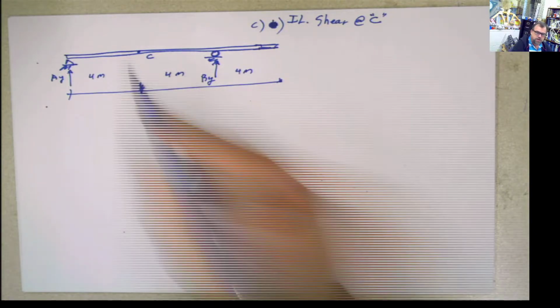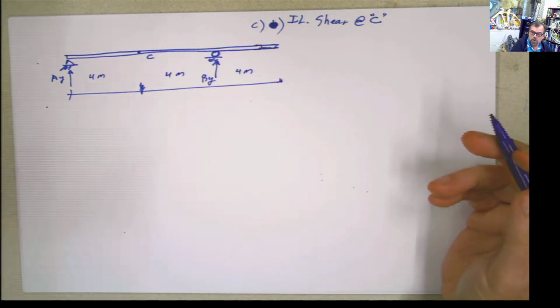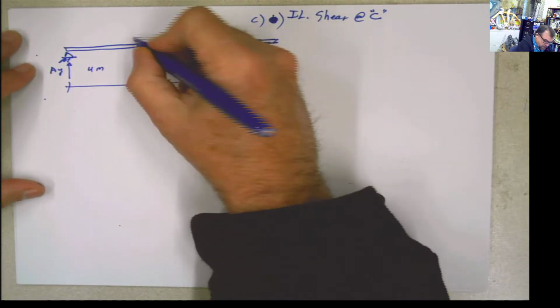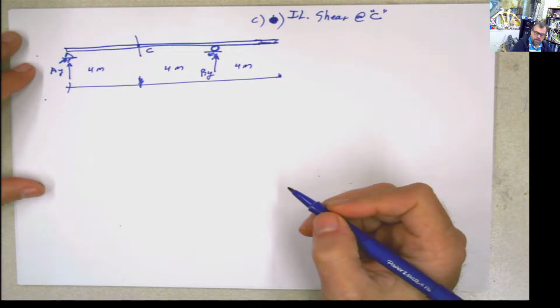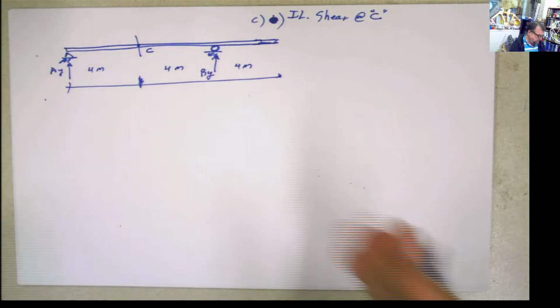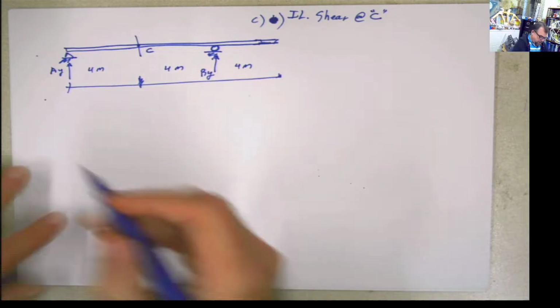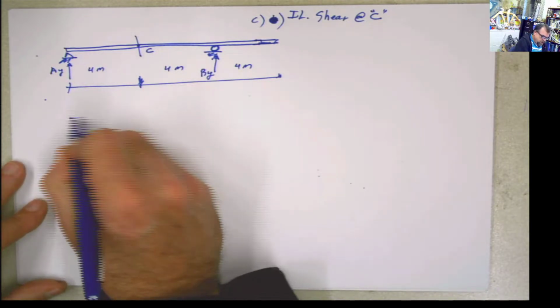How do you calculate the shear at C? How do you calculate the moment at C? You have to make a cut. That's exactly what you do. You make a cut at C, and then you separate that beam, that structure, in 2 parts. If you use this part,